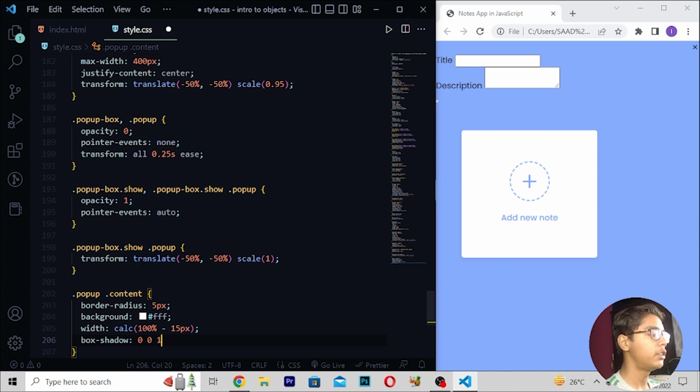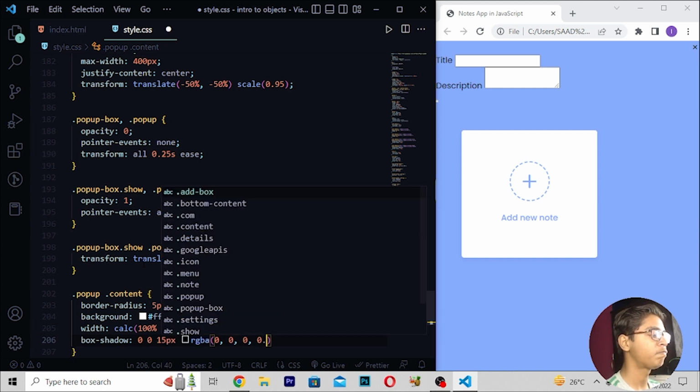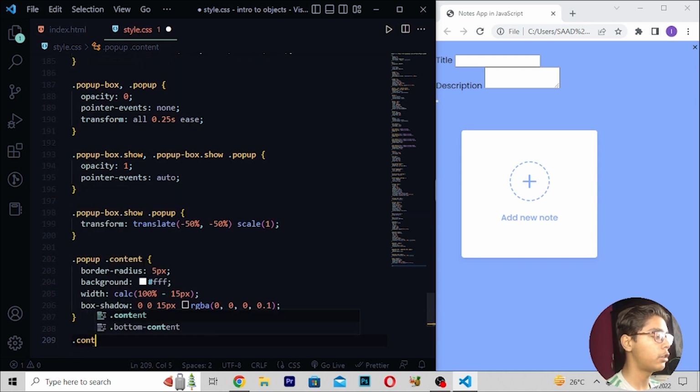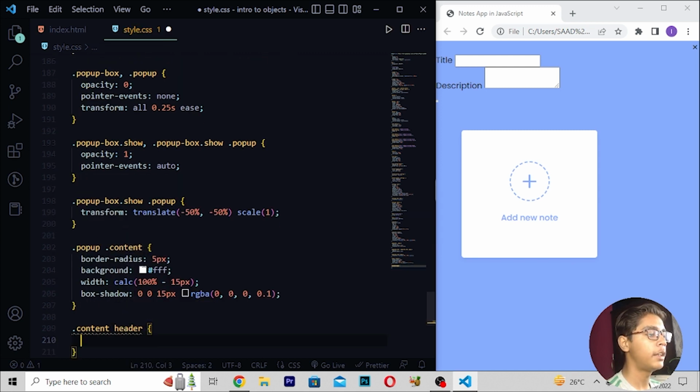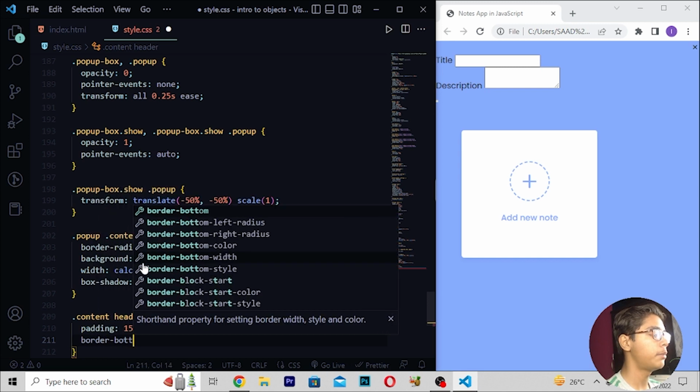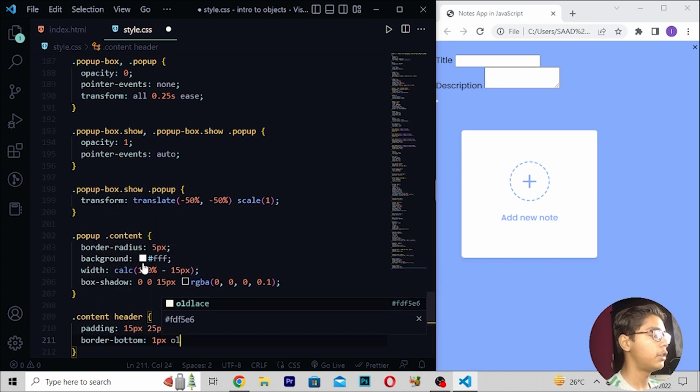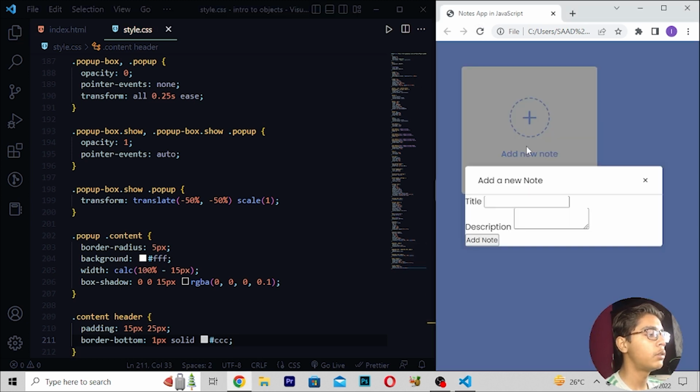Then I'll be writing 15 pixel RGBA 0.1. Then I will be writing .content-header. Then I will be writing padding 15 pixel 25 pixel. Right here border bottom, which should be 1 pixel solid, and here I'll be writing C. Save, reload, and you can see we are getting all this stuff.